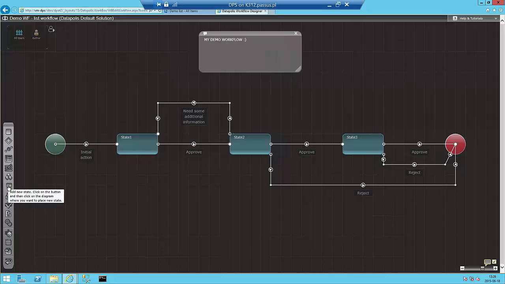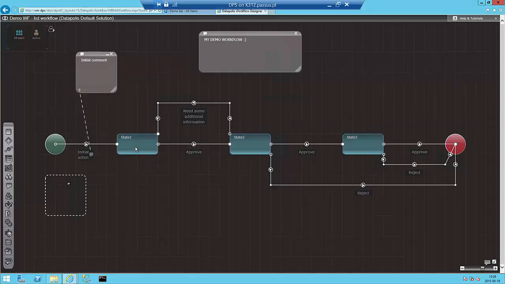First of all, I'm just dragging and dropping, just as everything in Datapolis Process System, using drag and drop. So I'm just dropping a comment field to my action. I'm just going to call it initial comment, for example. So this is how I can add comments to actions. As you can see, I can move it inside my workflow definition. I can as well add comments to states. So now I'm going to comment my first state,